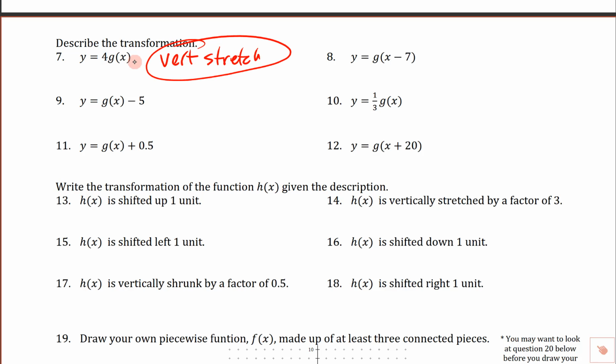Now, another thing that we could add to this is we could say what's going to happen here. All of the y values are going to be multiplied by 4, so they're going to be 4 times taller. So I'm going to put 4 times taller. Y values are going to be 4 times taller. Now, you don't have to put that, but that's very descriptive,